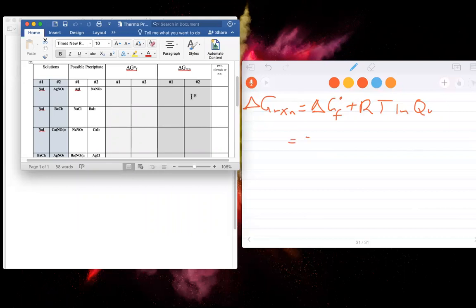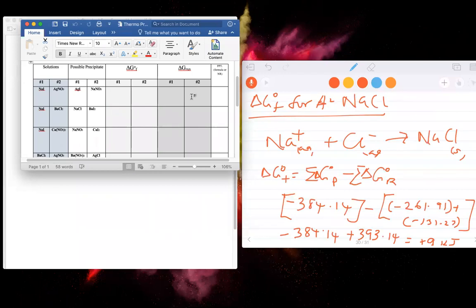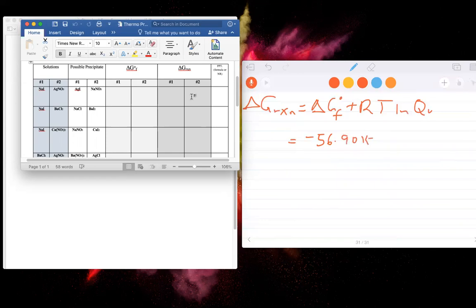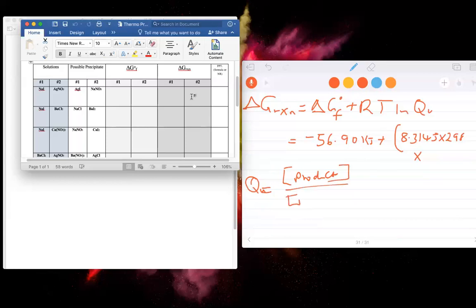Now, this was negative 56.90, and this is in kilojoules, plus in parentheses 8.314, this is in joules, by the way, times 298, times ln of Q. Q is given by the concentration of the products over the concentration of the reagents. Remember, so number one was barium